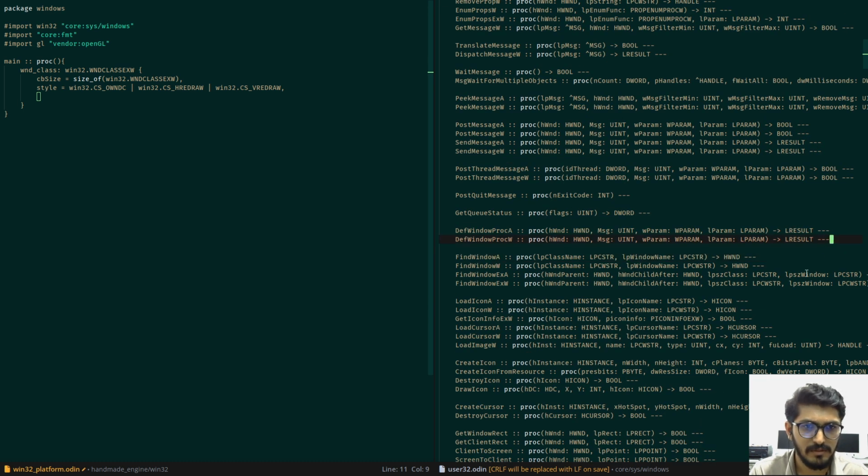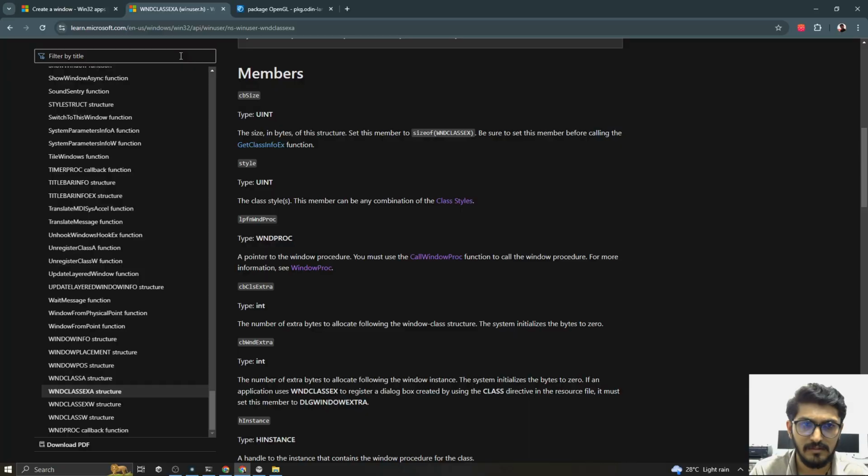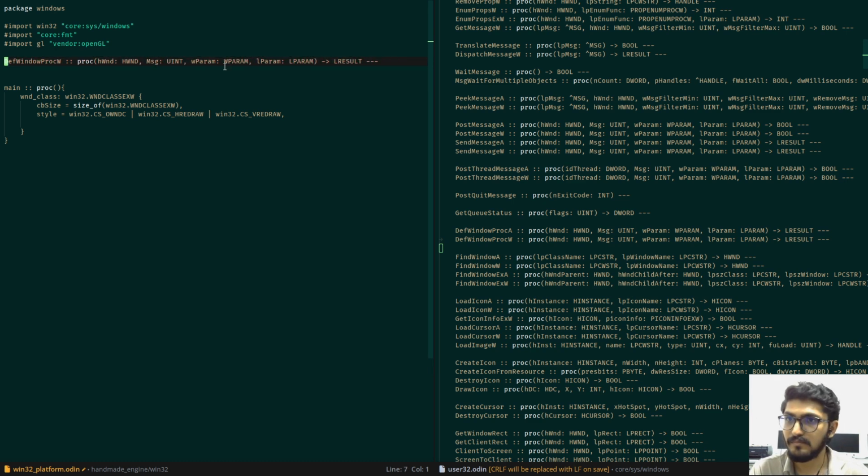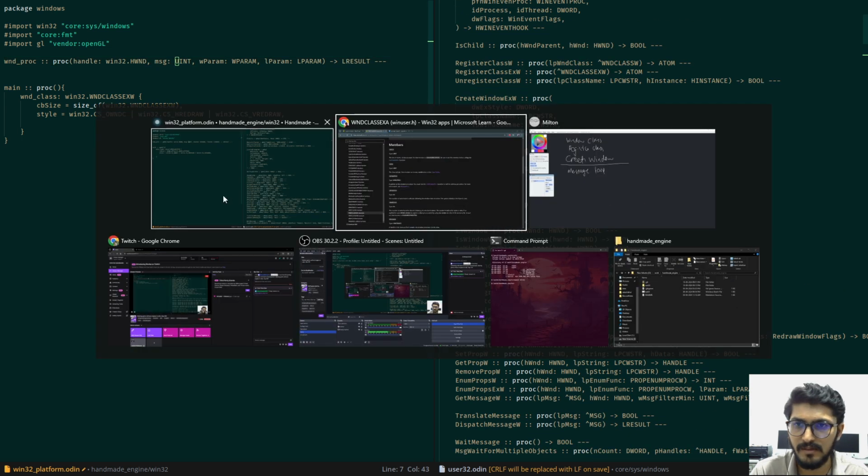Yeah, so we can just use this one for defining, right? Yeah, and we'll call this wind proc, right? So this will take in handle, right? So this is like our handle, and this is all passed by our operating system, because we are not calling this function. Operating system will call us into this, and we'll call this message. Wait, I think we can change this. Yeah, let me just find,